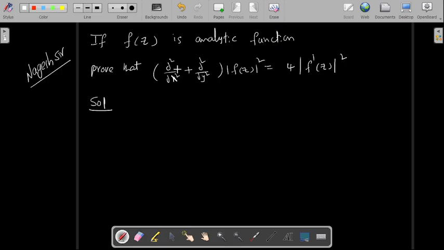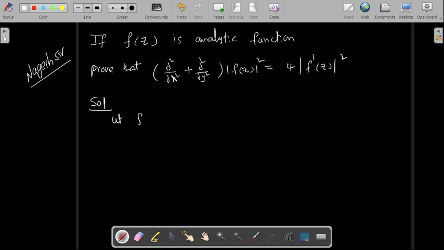Problem: f of z is an analytic function. Prove that ∂²/∂x² plus ∂²/∂y² of |f(z)|² equals 4 times |f'(z)|². Okay, this we have to prove. Solution: